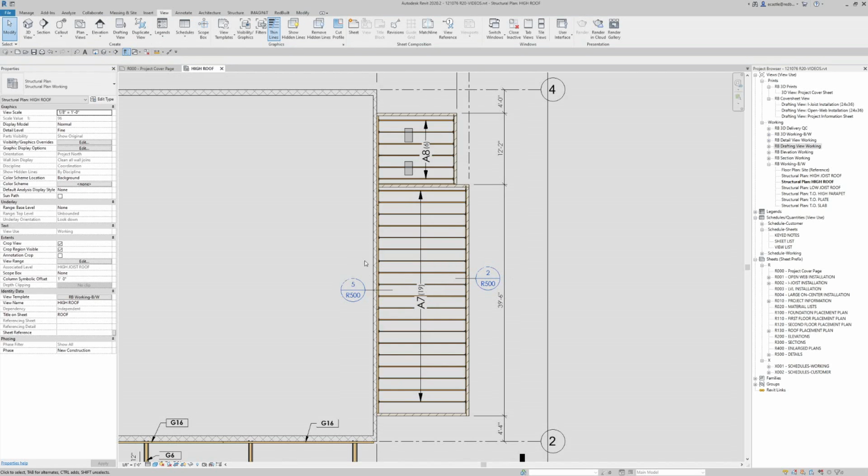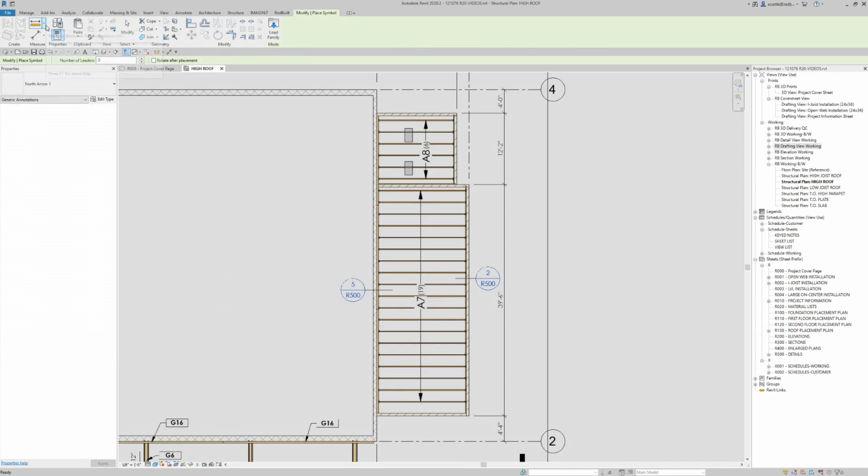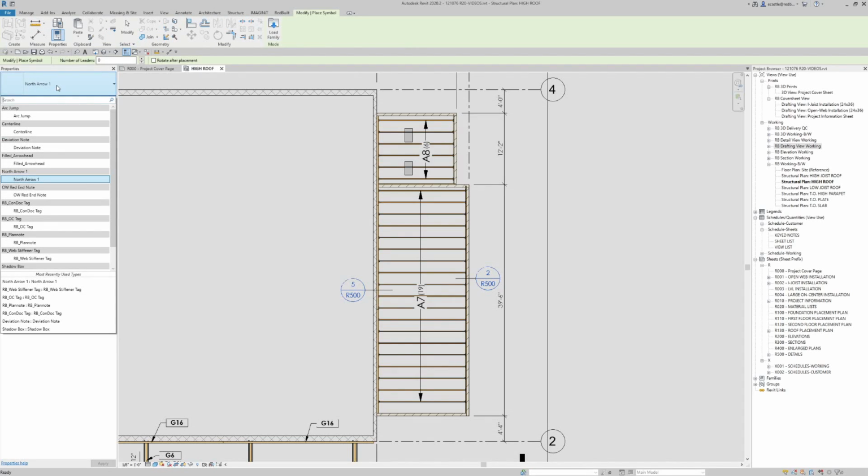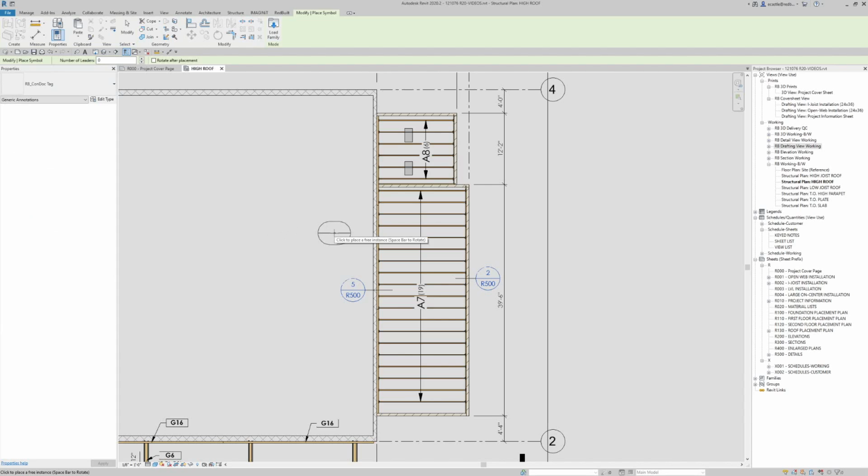Then we have it. Now we also have a different detail bubble for referencing construction document details that we didn't actually create a detail for. To use that, we'll want to go to our Annotate tab and select the symbol command. In our type selector, we want to come through and find the RB condoc tag. This is just a simple symbol that we can use. And once you place it,